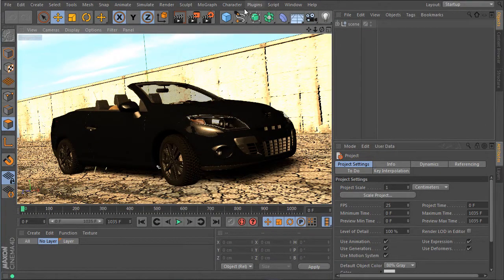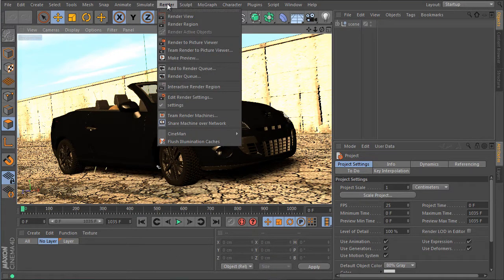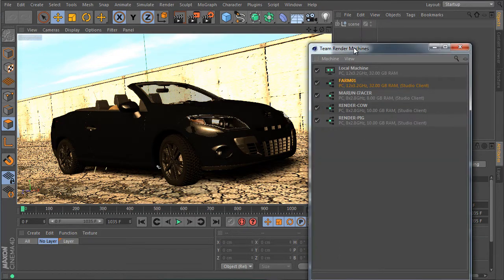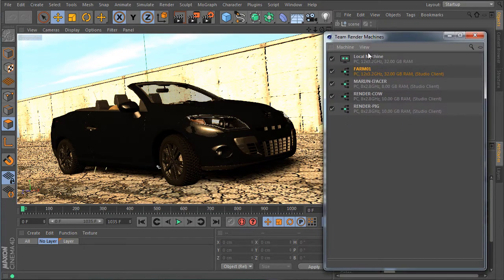So let's go into the Team Render menu, and we basically have two important additions here. We have the Team Render to Picture Viewer and we have the Team Render machines. So let's open up our machines first. That brings up an overview of all the machines active in Team Render. So you have your local machine, which is the one you're working on, and then you have, in my example,